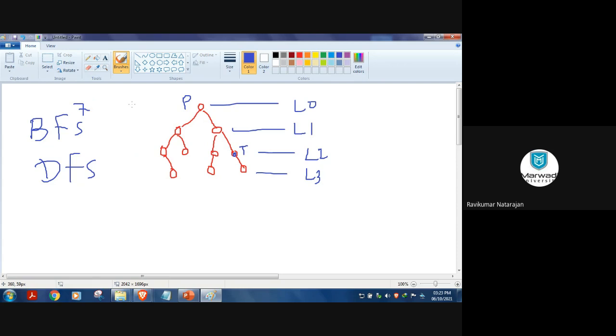There should not be any discussions first. Understand what I'm saying, okay? So DFS in the sense, if you are taking the left side, left direction for example, then you have to visit the complete node in depth. If there are multiple nodes here, then you have to go until the depth. Then you have to go back to reach the right side node, if there is anything. So what I do here is that first I'll go and visit this one. There is no left side node, so I'll explore from here whether there is any left side node. There is no left side node, so I'll go to the right.